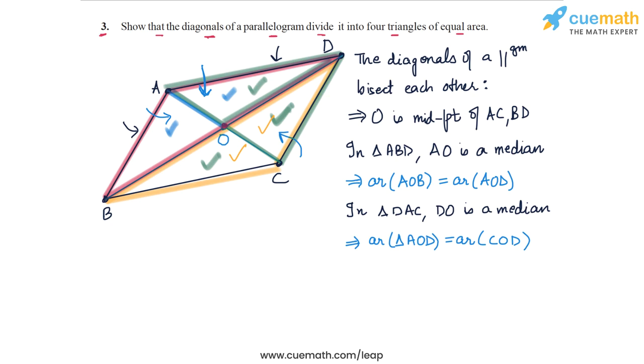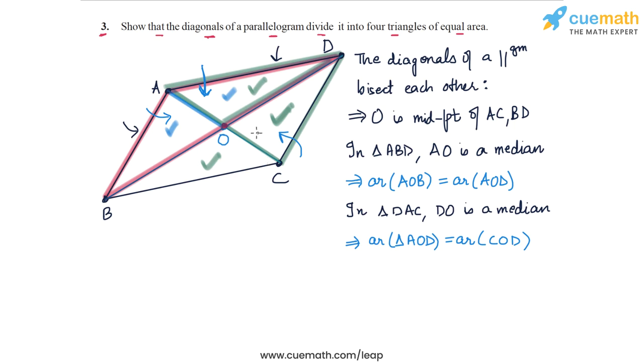Or we could also use the fact that the opposite triangles are congruent. So for example, triangle AOD and triangle BOC will be congruent, and similarly triangle AOB and triangle COD, they will also be congruent. So we can use either of these facts and conclude that